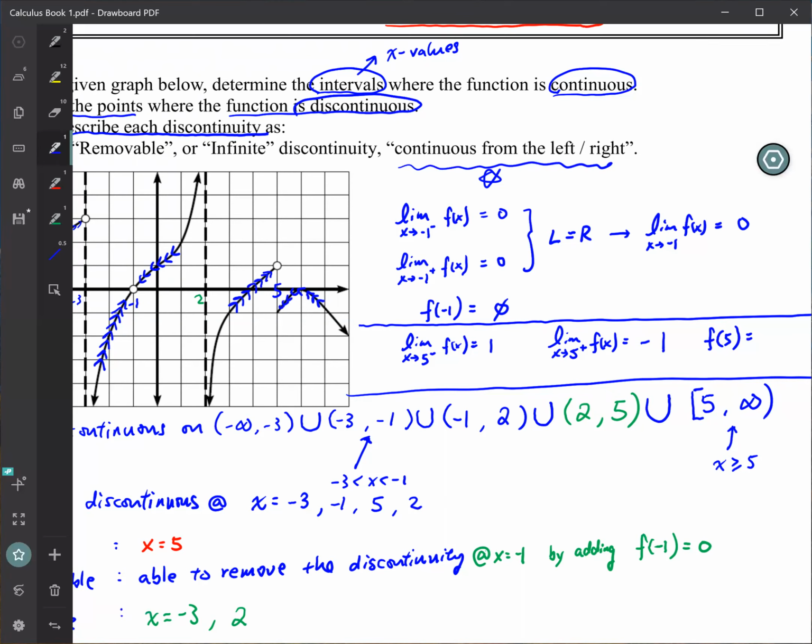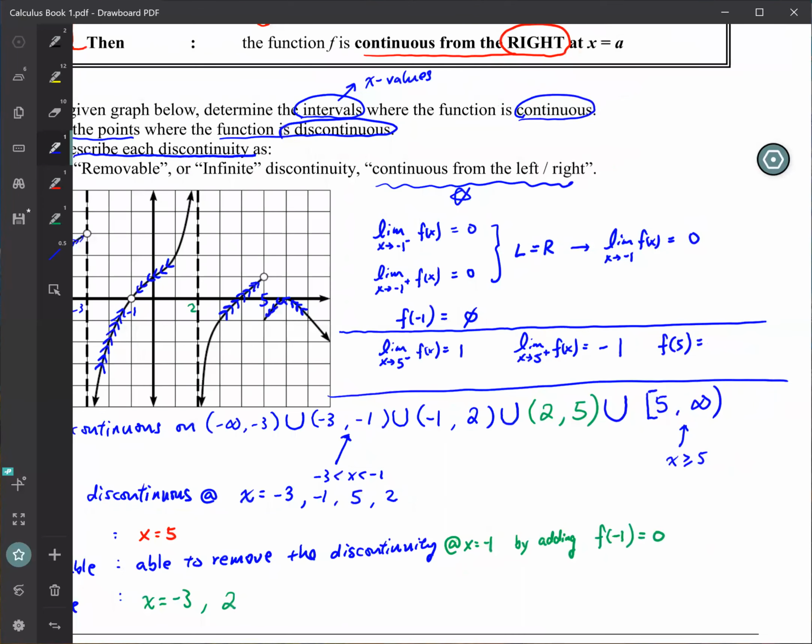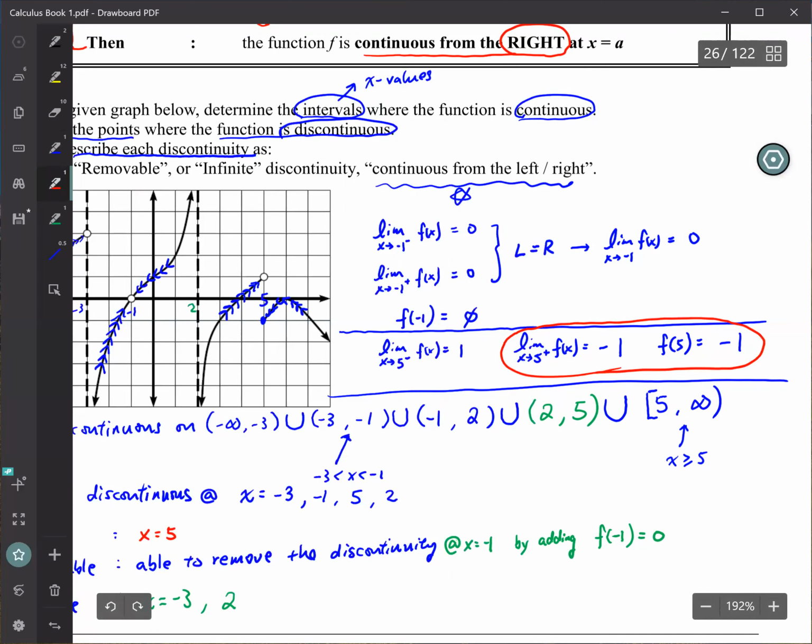Okay, now the next one is finding the point. F of 5. Leon, what's f of 5? Would it be does not exist? Well, this one it actually exists because the empty circle only happened at one place. Oh, so -1. Yes, okay, the point is at the bottom, right? So from these 3 parts, we have the right limit, right? And the point equal each other, right? Coming from the right, you are able to step on the point. So for this case, we will say it's continuous